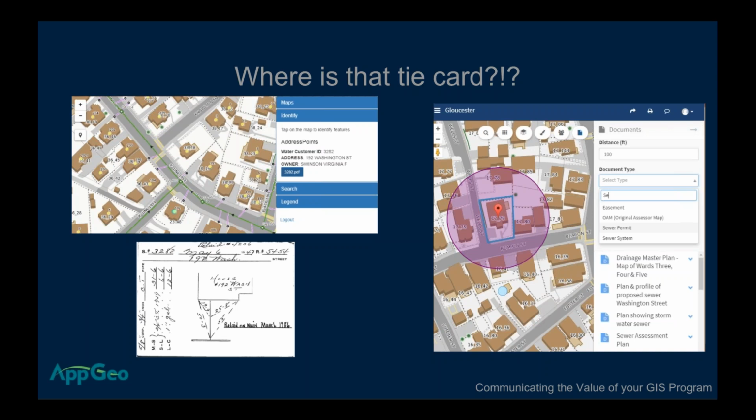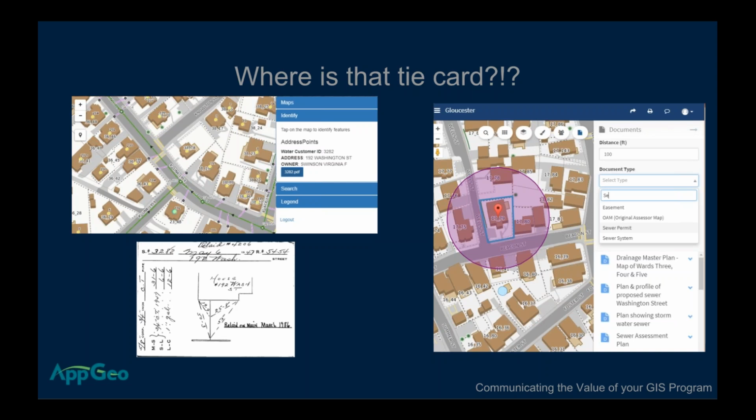So a very coarse ROI example, but it helped them to continue to get funding. That value that they showed and that they could articulate really allowed them to have this longer term capital budget line item for GIS to make sure the utility department, the DPW department, had the funding they need to continue to do this. And every year they continue to show value from their systems.